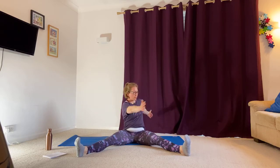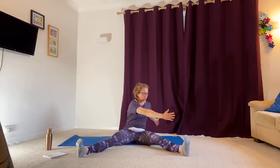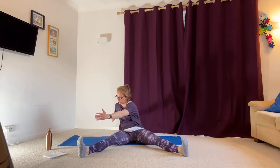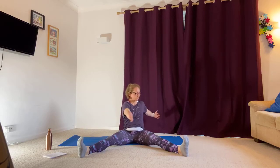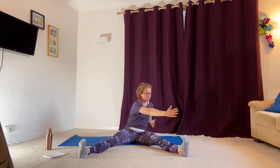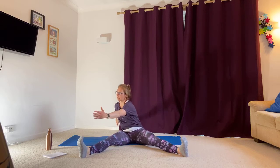We're going to have the arms wide. Breathe in, switch on the core, and as you breathe out, I want you to twist the upper body, keep the hips level, and then rock, 2, 3. As though you're sawing your foot, bringing it back, rock, 2, 3. Bring it back, rock, 2, 3. So you're gently easing forwards and back, keeping the spine long, the shoulders are going round, but